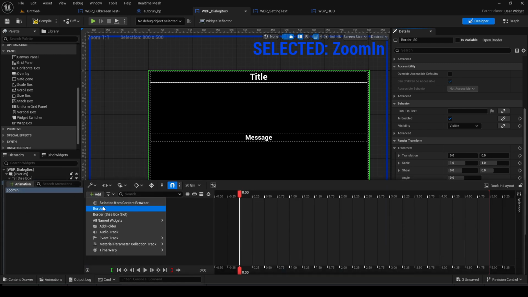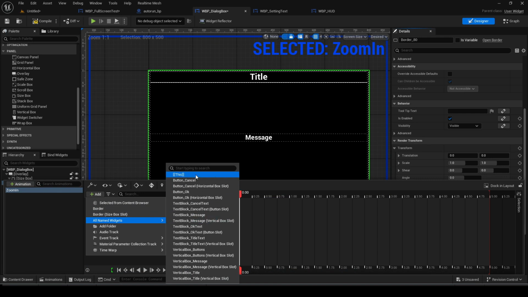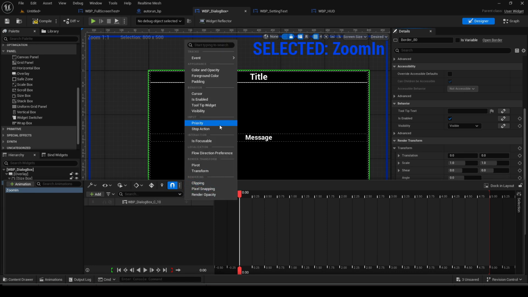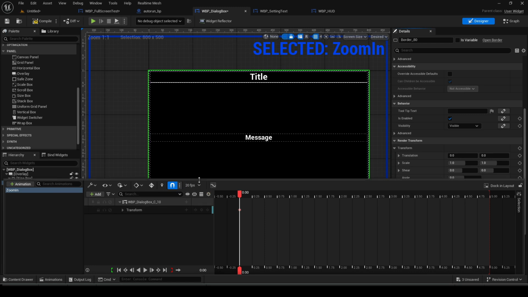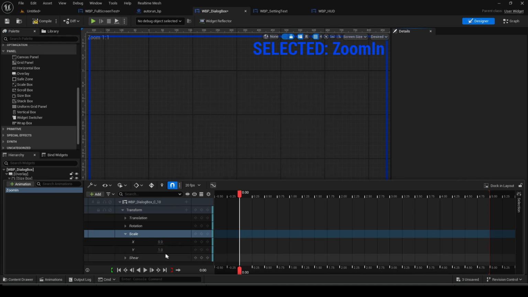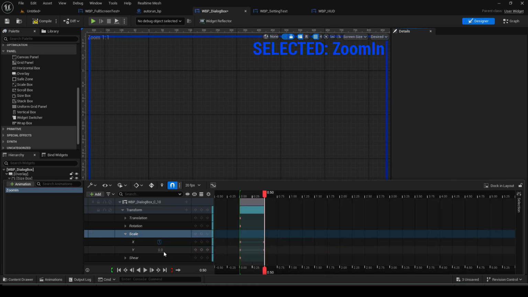So I'm going to add this, being the whole thing, as the element that is being animated. I'm going to track the transform, and within the transform I'm going to track the scale. So I'm going to make a new key at time 0, and let's make that 0, and then at time half a second make a key and make that 1,